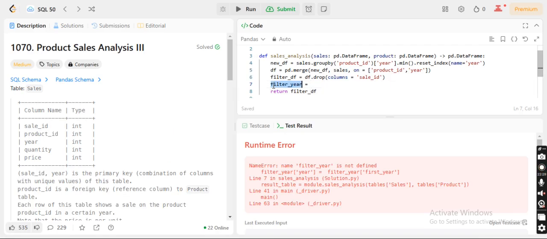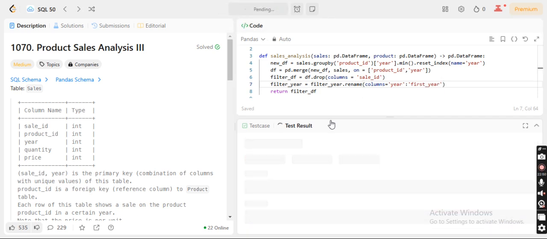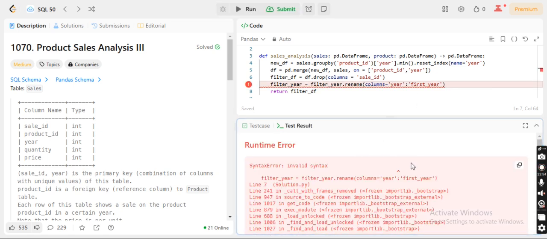Data frame equals to filter df dot rename columns equals to year as first year. No, it is wrong. Invalid syntax. I know. So one second.